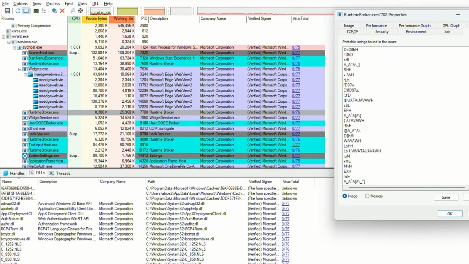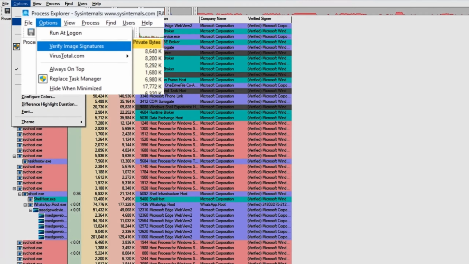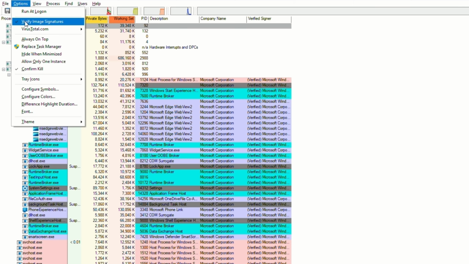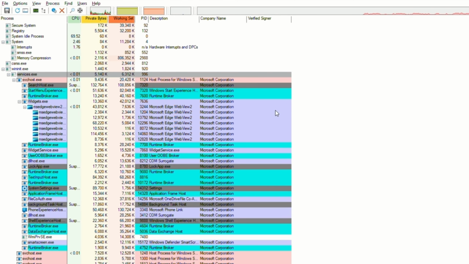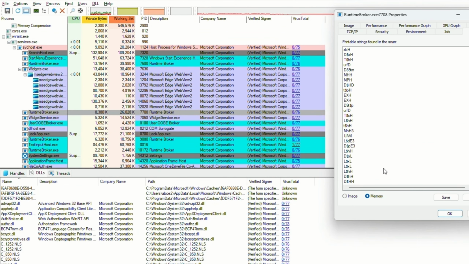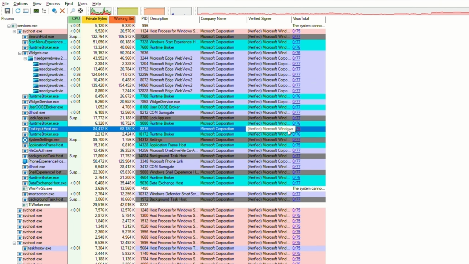And there you have it, 7 powerful ways to use Process Explorer to detect malware that standard tools miss. We've covered everything from visual color coding and digital signatures to deep memory string analysis. Remember, the goal here isn't to be paranoid about every background process, but to be aware and empowered. Security is a continuous learning process. By regularly checking your system with tools like this, you gain a baseline of what normal looks like,